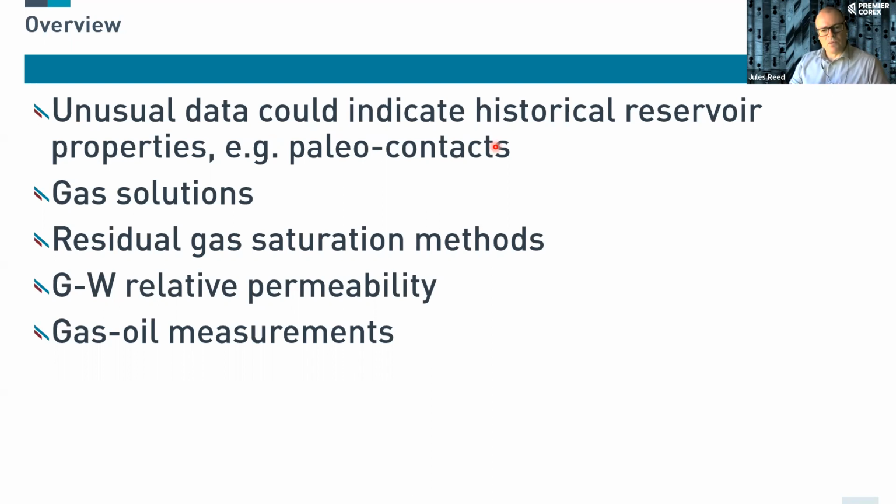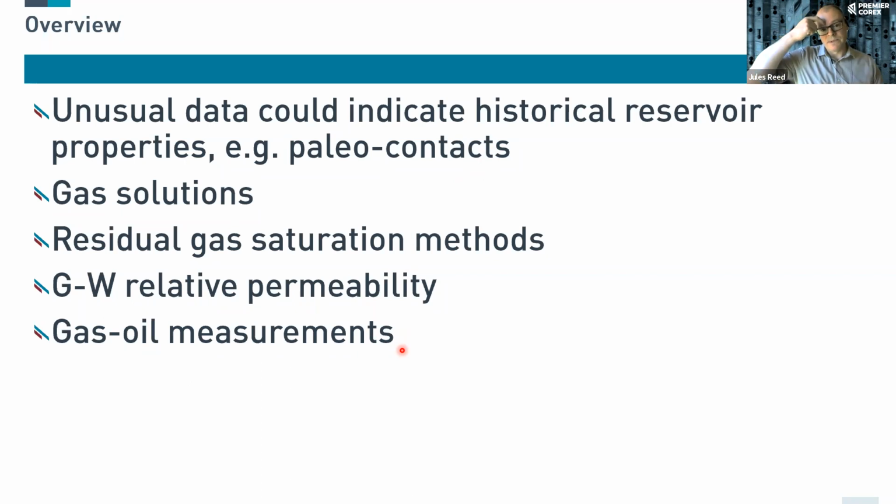And what I'll then begin to look at is the issue of gas and gas in solution. We'll look at different methods of measuring residual gas saturation. We'll look at difficulties of gas-liquid relative permeabilities, and then some gas-oil measurements, and some challenges with